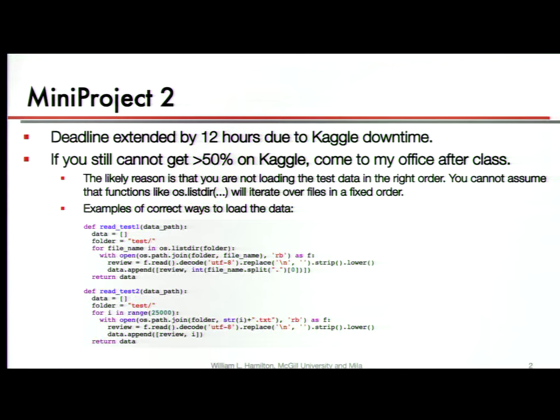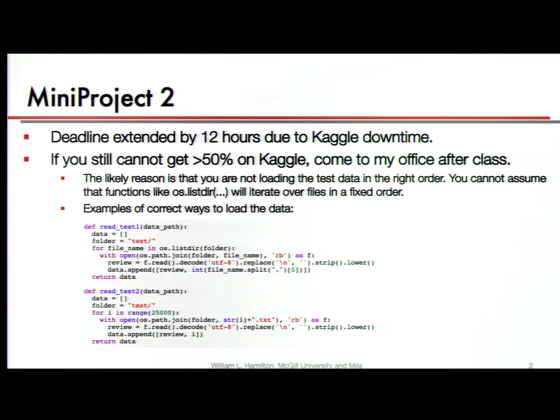So we give you a bunch of files that are example 1 up to example 25,000, the different test examples, and you're supposed to submit predictions for those. Depending on your file system, depending on your operating system, if you're trying to load those files, you can't guarantee that you'll iterate over them in a nice way.